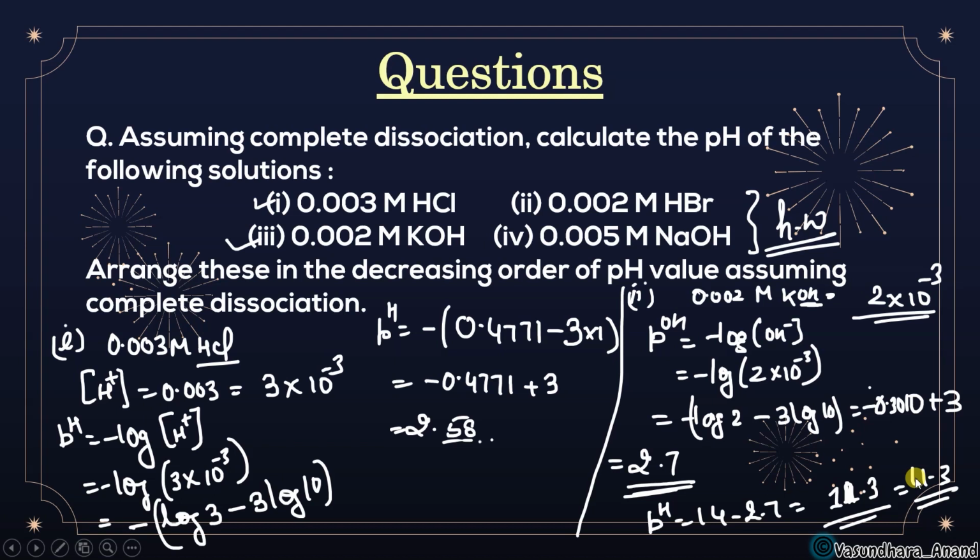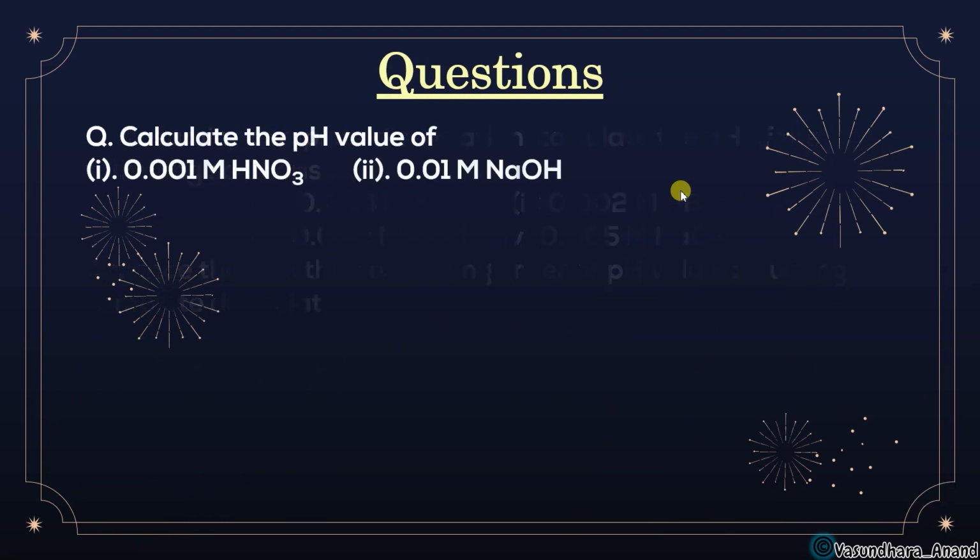Any doubt in this? That you can do in, यहाँ से भी कर सकते थे, यहाँ like you got this OH concentration, यहाँ से H plus concentration निकाल लेते हैं and directly you can do. So in that way also you can do. Okay, these two questions are the numerical, that are the homework for you people. So just try that. So again, this is the next question. Calculate the pH value for 0.001 m HNO3 and 0.001 m NaOH. I hope you can do it very easily. So this is also going to be homework for you. Okay.